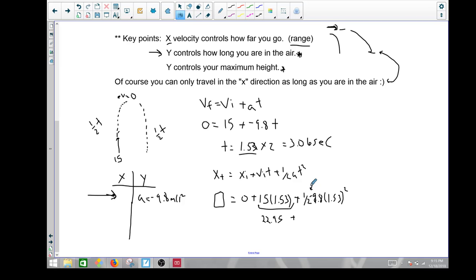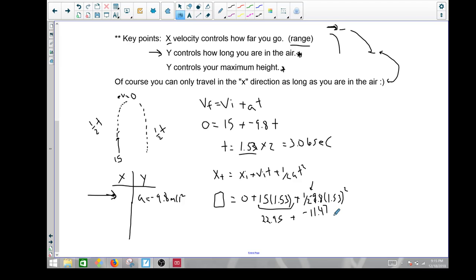It's going to give me a negative 11.4. Okay, if you want a 7, there you go. Add that to my original 22.95, and I get,